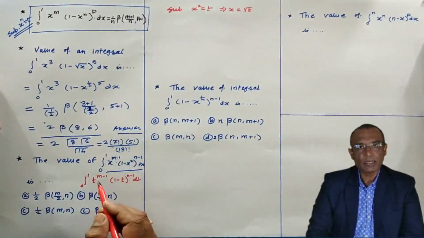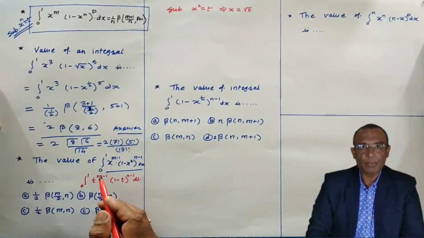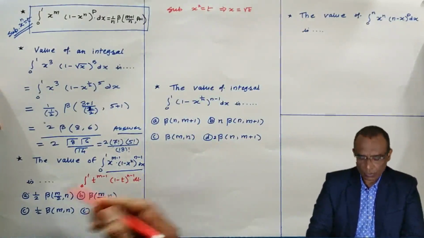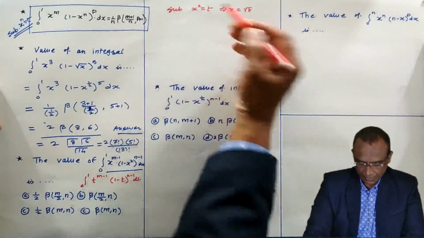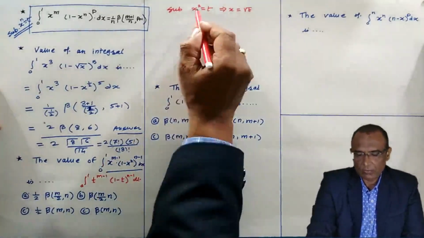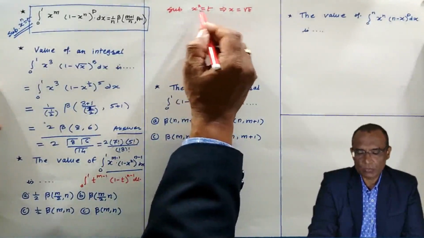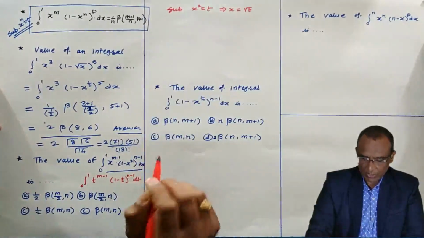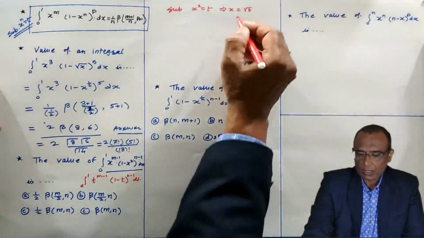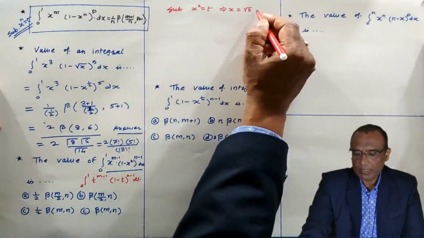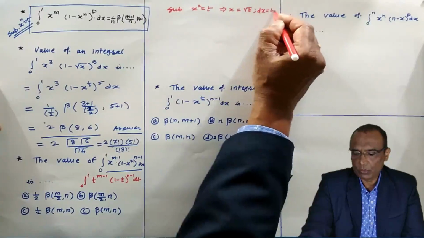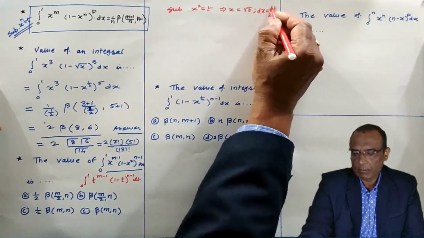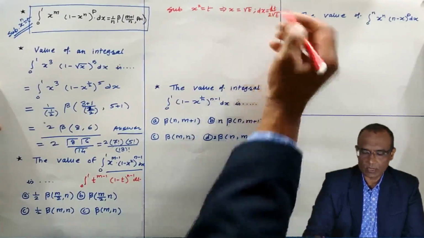And when you substitute anything in a definite integral, you have to check whether the limits are changed or not. Here the limits are not changed. When x is 0, t is 0. When x is 1, t is 1, since 1 square is 1. The limits remain the same. And once you get the value of x, find the value of dx also. Take the derivative. The derivative of root t is 1 by 2 root t, and the derivative of t is dt, so dx is dt by 2 root t.